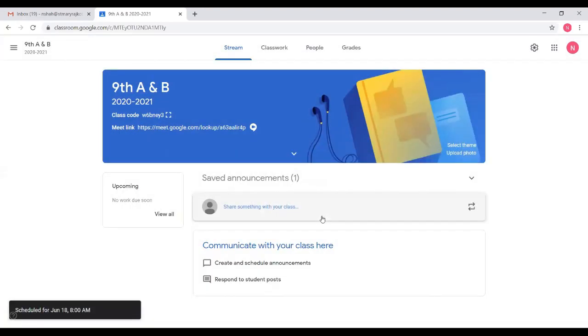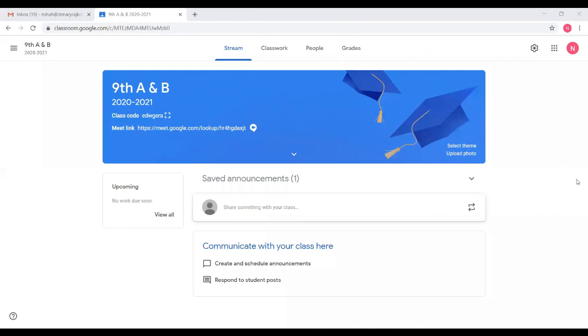Even if I am not present in front of my computer on 18th, this message, this announcement will go to all the students of this class automatically. So that is the best thing, that you schedule all your activities for a particular classroom, and that activity will be automatically posted on the date and the time you decided. So this is how we create announcements through the class.